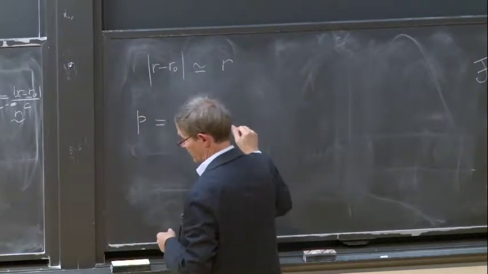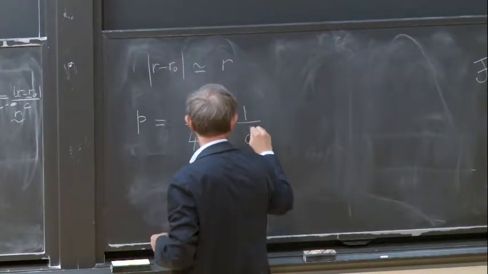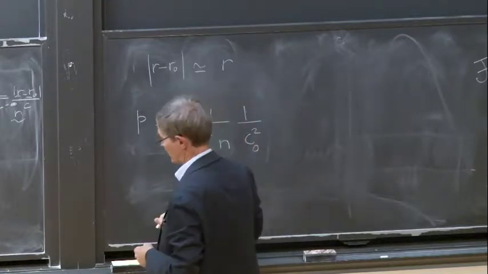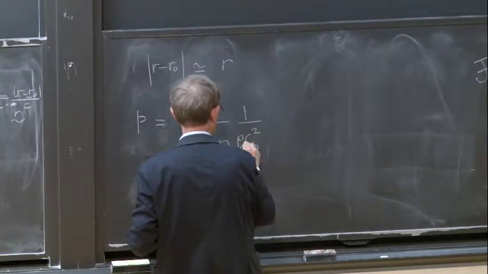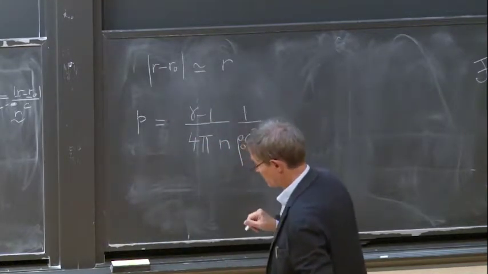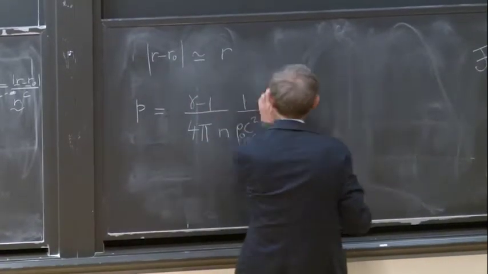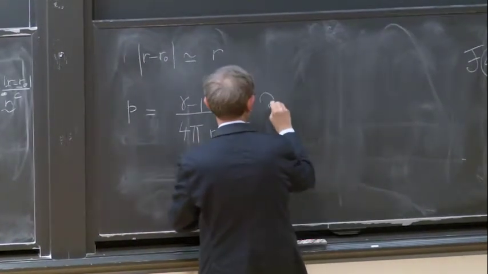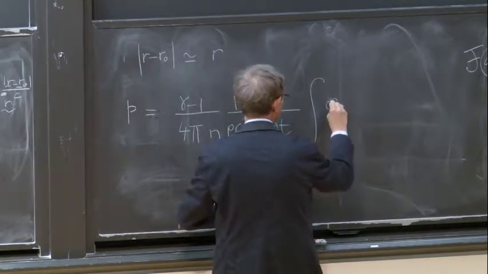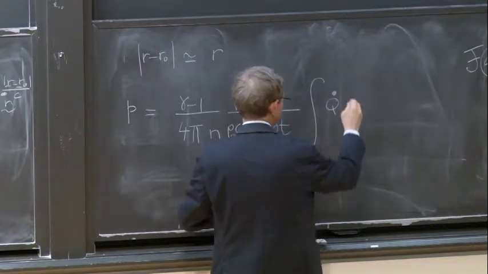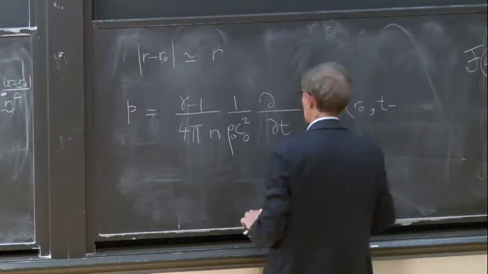We have also gamma, 1 over C0 squared, and rho 0. And also the d by dt can be taken out of the integral. So it's the rate of change of the heat release. And here we have R0, so the sources, T, and